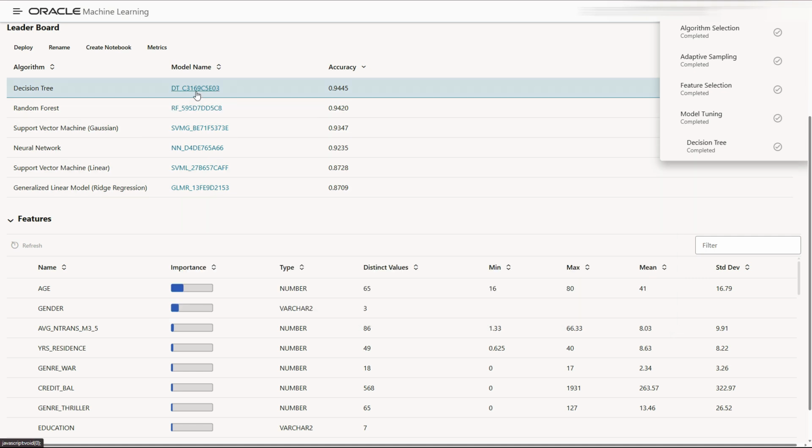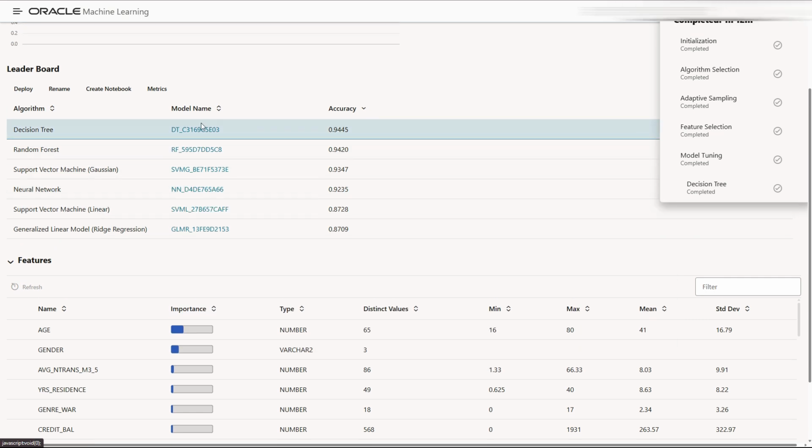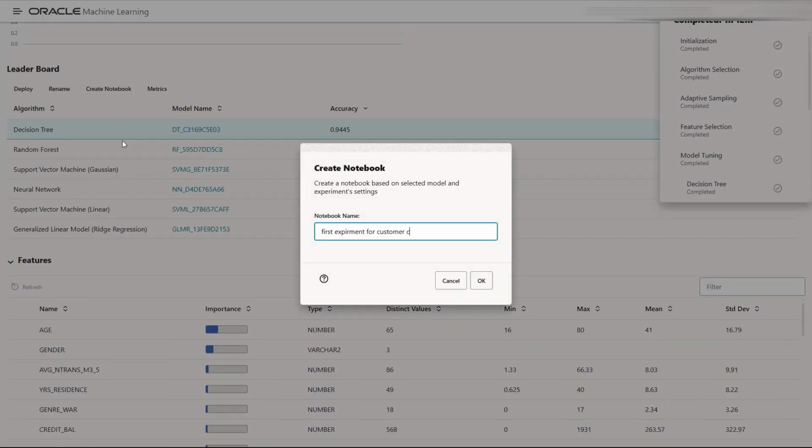And so now if we need to do a marketing campaign and we need to see the actual customer ID, we are going to create a notebook based on this decision tree. First experiment, decision tree.